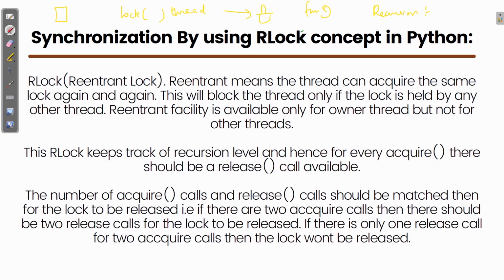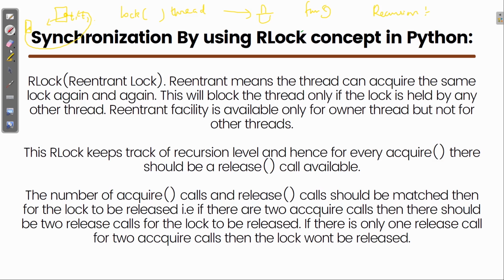Let me give you a rough example. There are two gates, and thread 1 and thread 2. Thread 1 has entered this room, and now thread 1 needs to enter it again. But according to this gate, no one has opened it.